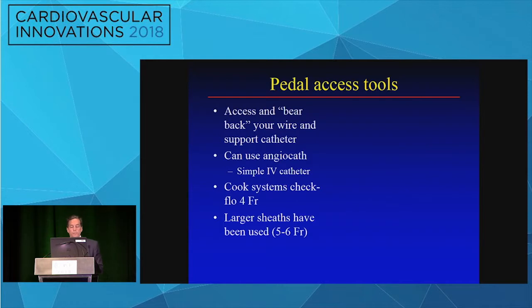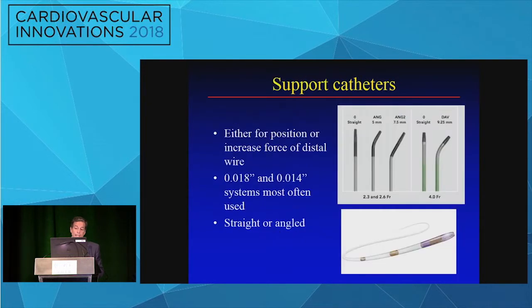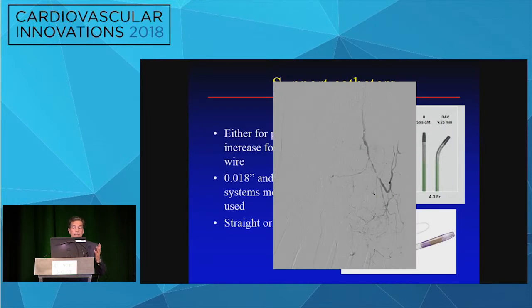The Cook system is pretty much the one that we use a lot of. It's a check flow valve for a French device, but larger sheaths have been used in the lower extremity to get you retrograde pedal access. And in many cases, the support catheters here are now dedicated to pedal access and support in these fairly non-forgiving arteries. But you could take an artery like this, which is